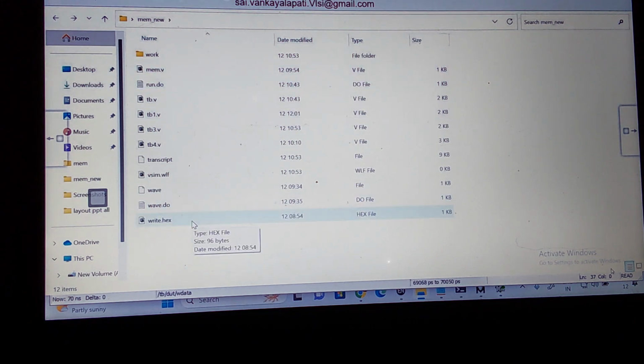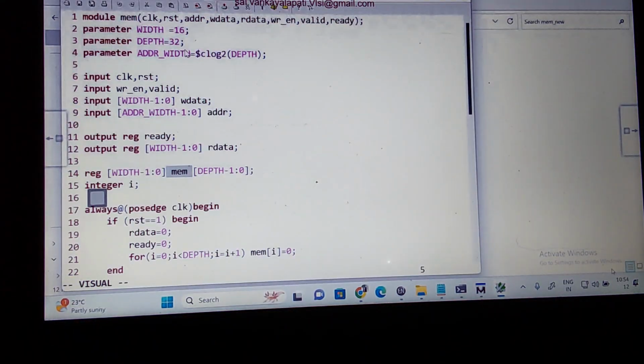Write.exe file. Now this should be right. We should go right into the file. What file? The name I have given is read.exe file. Now let us change it. Let us remove all this. What is the width I'm using for this case? It is nothing but 32. Let us make a depth of, suppose, 1024.